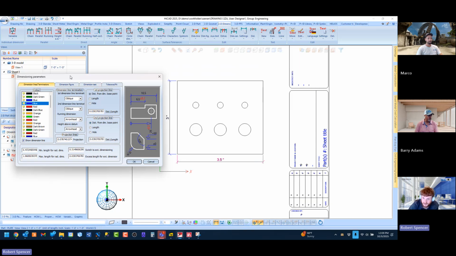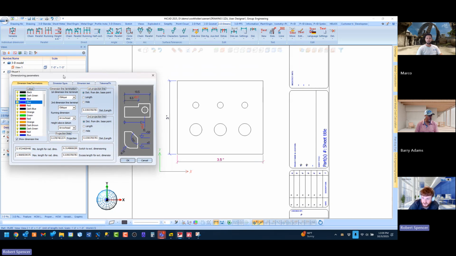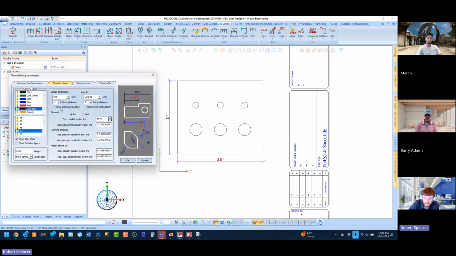We can globally change dimensioning standards in a similar but different way, which I'll show you right after this. So here, you can say color, dimension figure, you can make your text height larger. So your units can be changed